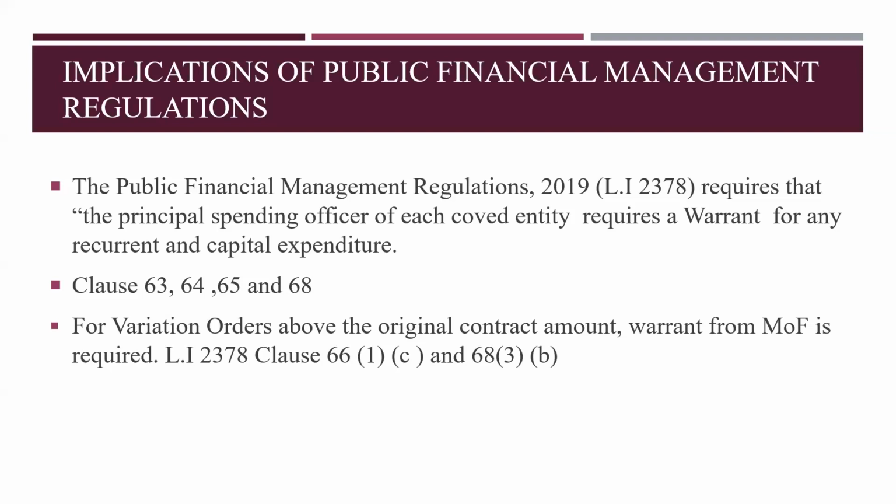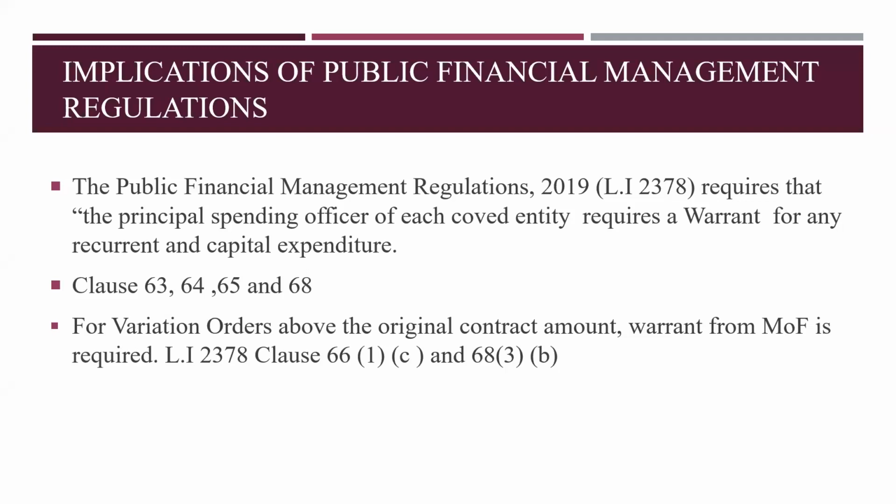Then clause 64 talks about the distribution of the commitment that they are giving to you, and the ceiling. In any of the warrants they give to us, they will always specifically indicate "not exceeding." If anybody has seen the warrants that are given to us by the Ministry of Finance, anytime we are looking for a warrant to implement our projects, they specifically state this is not exceeding. If the project contract sum is 300 million, they say not exceeding 300 million. Which means that you cannot expend more than 300 million. So if you have to expend more than 300 million, then there's an action you need to take before you can do so.